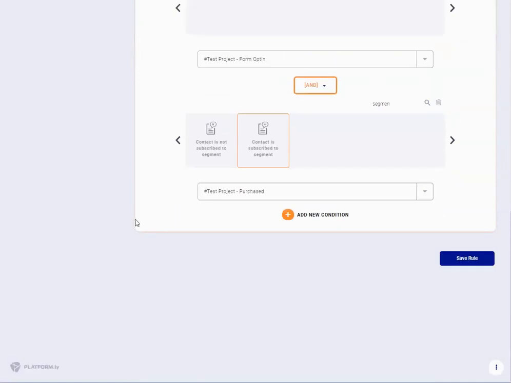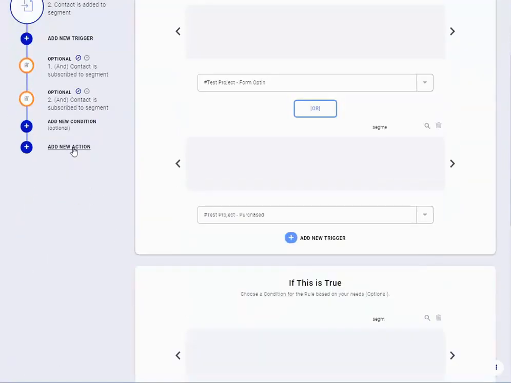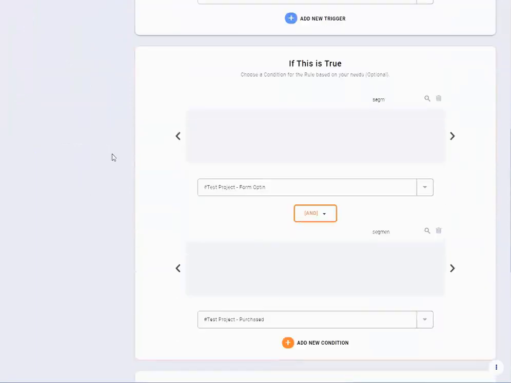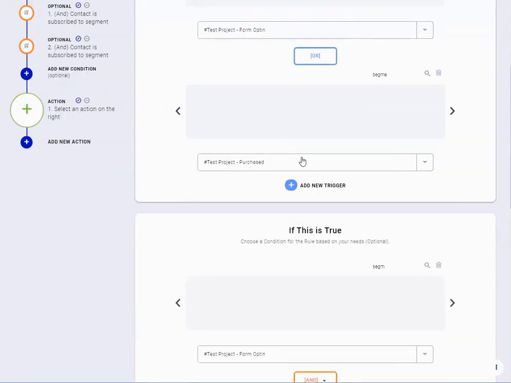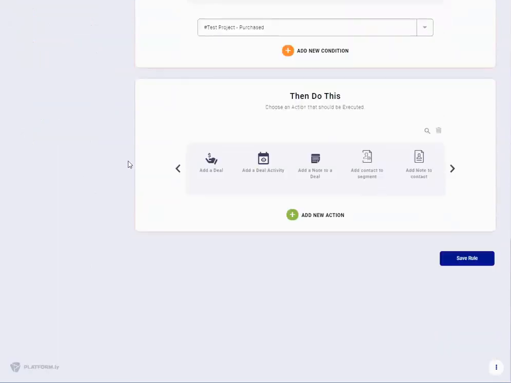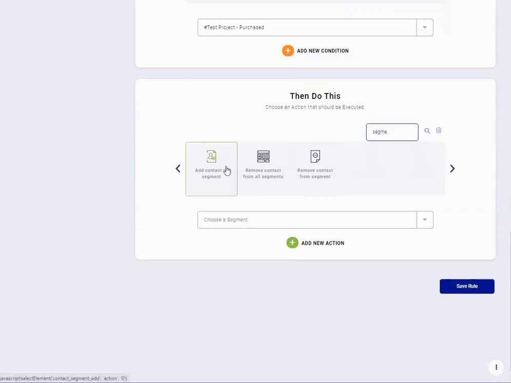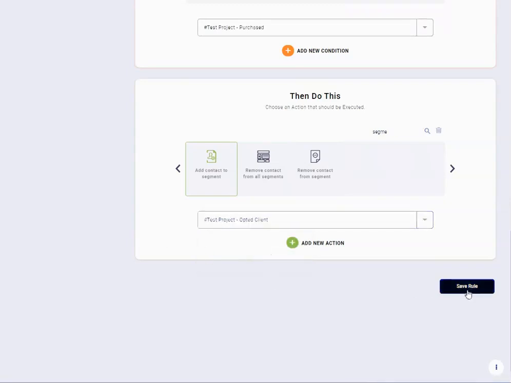Okay, then move down the road, and the last part here is adding a new action. So what happens? If a contact comes to this rule, basically by triggering added to this segment or to that one, we check if those criteria are met, and then here we can choose segment and we go add to segment, and from there we choose opted client and save.